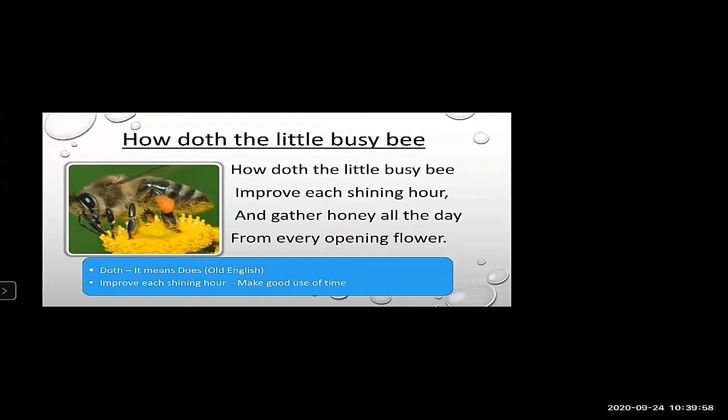All day the bee is working hard. The poet is calling it little, which means the bee is very small in size, but the size doesn't matter because the willpower of the bee is very strong and it is willing to work hard